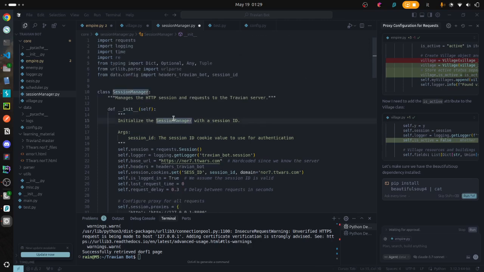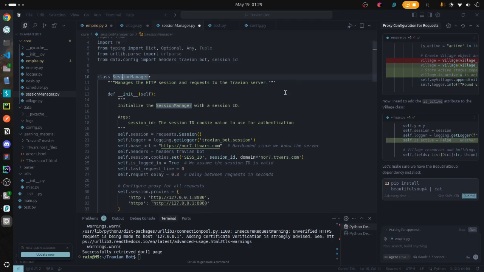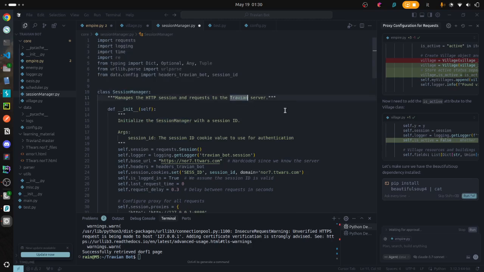This will make a bug possible. For example, the empire will create his own session. The village will create his own session, that are two different sessions. But I don't think I want this. I would like to be the same session. So I need the agent here. So add context. Let's say session manager. I want this class to be